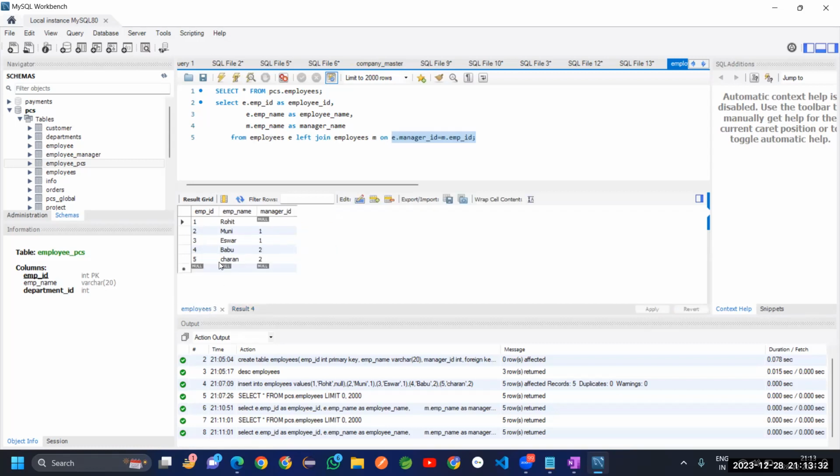Charan, Charan, this one. So we're dealing with the two numbers. So we are comparing deal. So Muni is a manager. So Charan is having Muni now act as a manager. So this is the self join. For example,